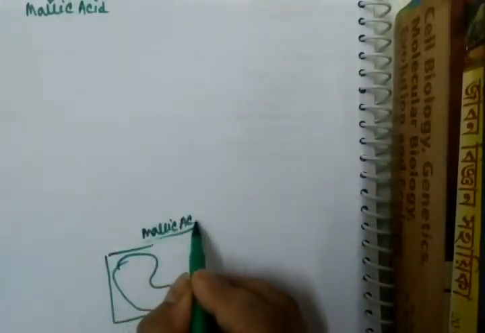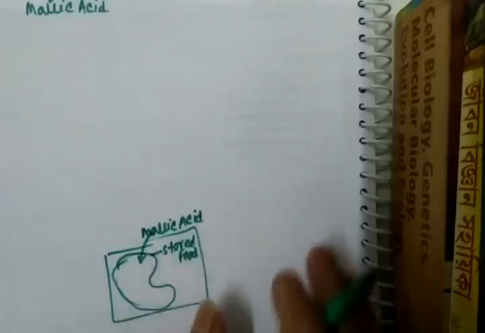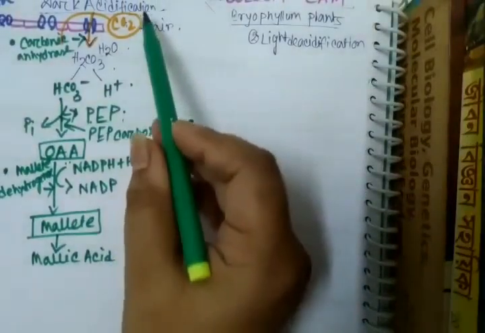So there is a cell, and in this cell the large vacuole is present in the plant cell. So the malic acid which is formed will enter into the vacuole and it will be stored. We all know the vacuole stores food. So malic acid is stored here. All clear? And the whole process, from CO2 to malic acid, occurs in dark acidification, because